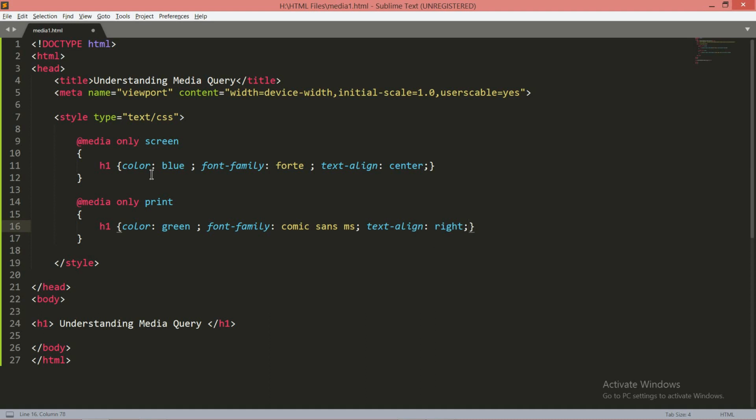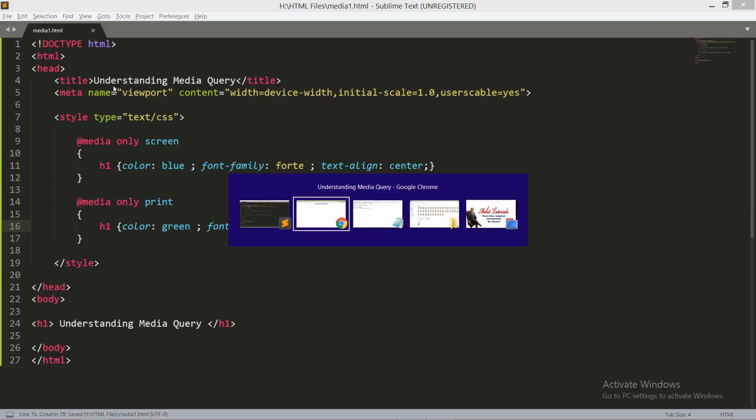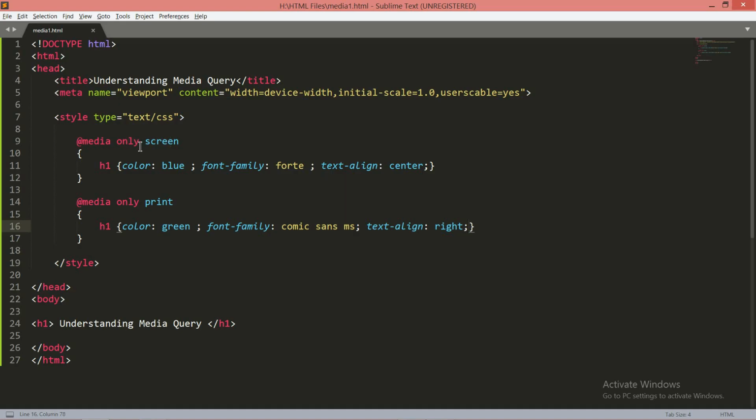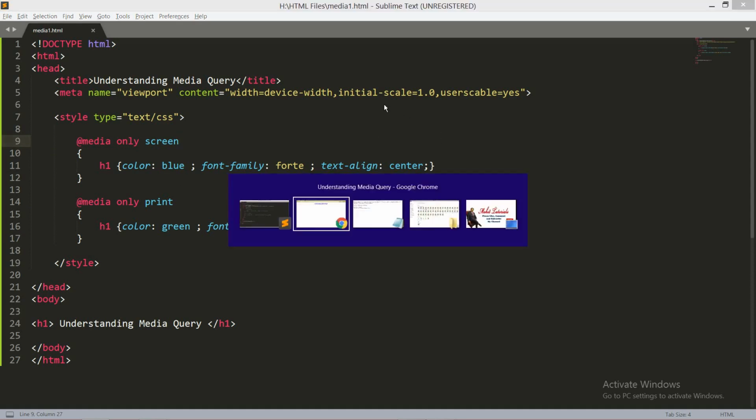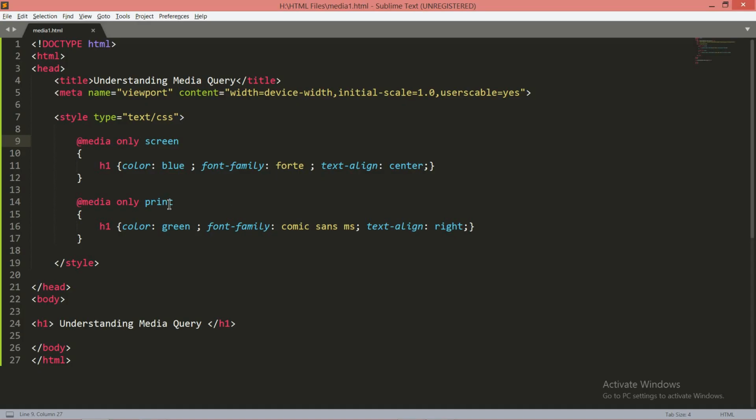This property I want to set when I get its printout. Now to see this output, I just refresh it. Whenever you refresh it, it displays the screen properties. When I get the printout of this particular page, it will be set to these particular properties.